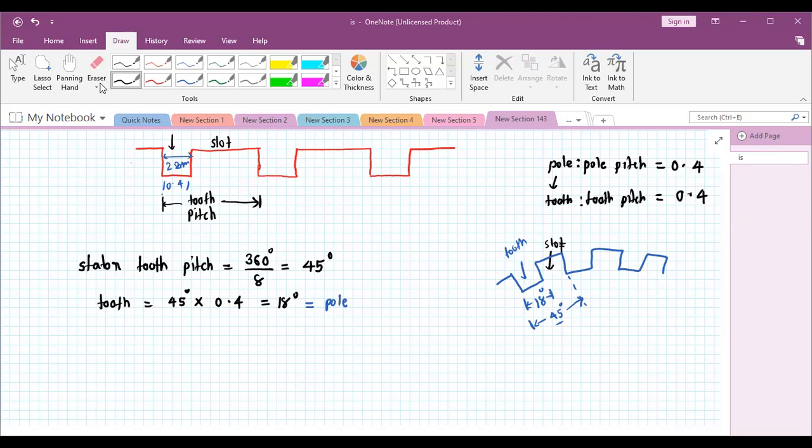Just a second, don't confuse. What is a pole pitch? Whatever the pole pitch, the same is for tooth, because pole means what? In our case, it is a tooth, so the two terminologies are the same. So this is the total pole pitch. Among this pole pitch, what is the ratio of tooth? Tooth is spread up to how much? Whatever your stated tooth pitch, multiplied by the pole pitch, gives the spread of the tooth. It is not a ratio.